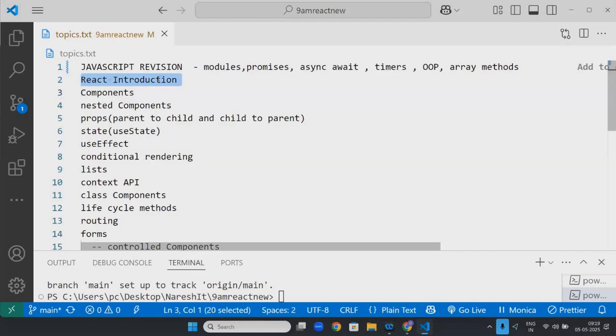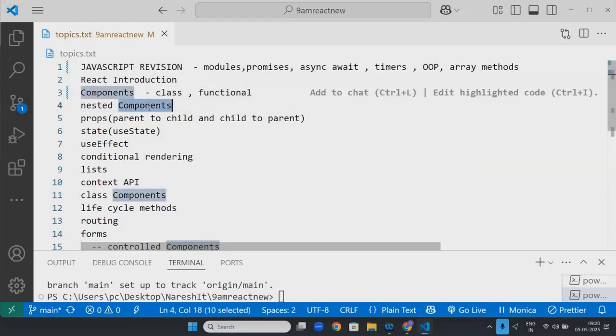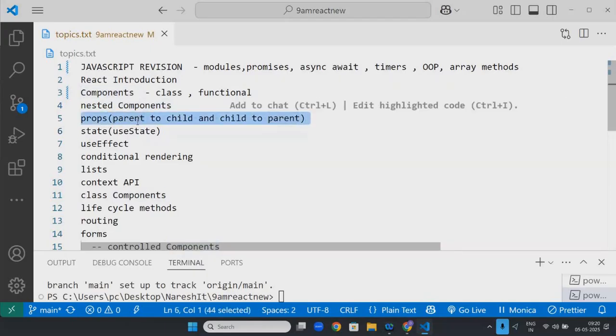We used something called Vite: how to start a Vite application, how to load that application, and what each file represents, everything you should know. Next, components. In components, they will mainly ask what a class component is, what a functional component is, and how you put one component inside another component. Then, how to send properties from parent to child, child to parent, props children, and sending props as an object. These kinds of things they will ask you.